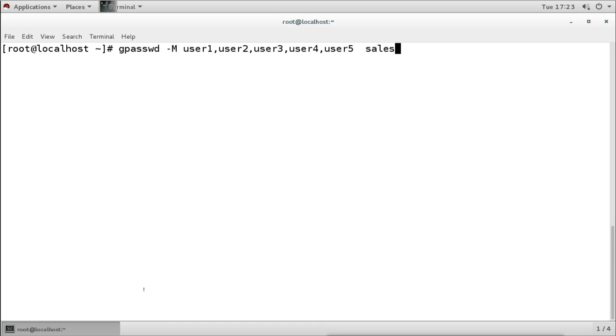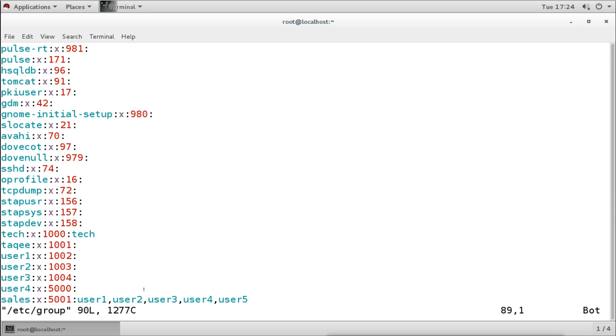I want to add them into this group. Now all these users are secondary members of this sales group. We can verify it from this configuration file, and we can see all the secondary members here.